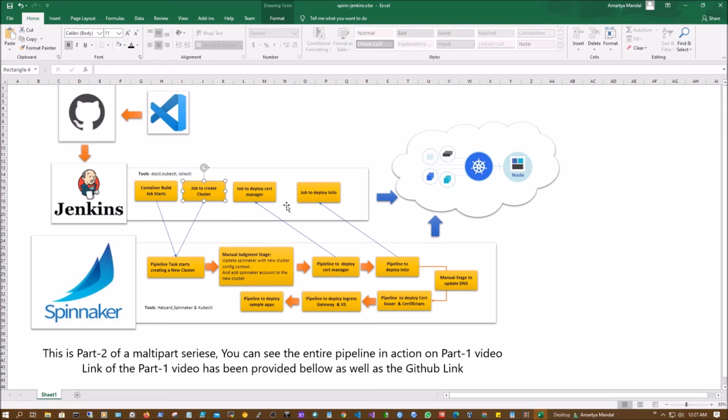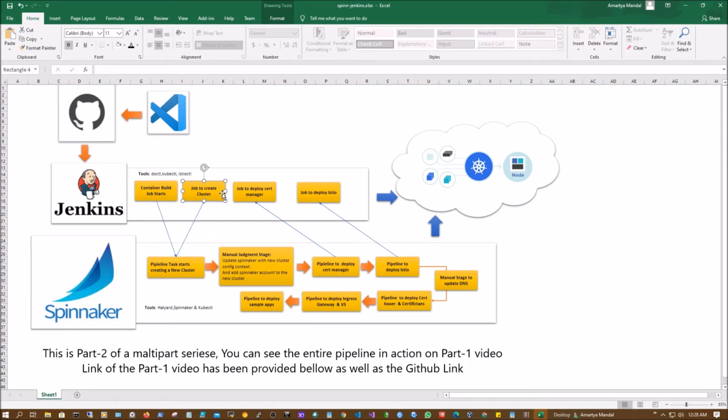It's a completely secure mechanism because doctl uses an API key to communicate with the DigitalOcean API. That's a separate setup, separate steps, which is not very specific to the CI/CD pipeline itself. It's preparation of the Jenkins master in advance, and again that will be discussed in one of the upcoming